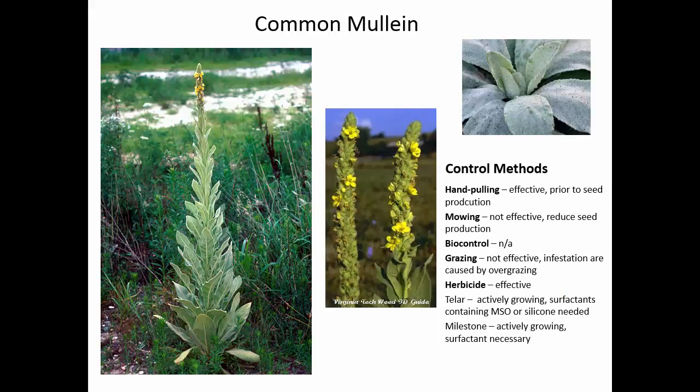Common mullein is not a noxious weed, though some people want it to be. Is this the one you were talking about? That one gets really tall. Its seeds are viable in the soil for 100 years. So you may have never seen a mullein in your lifetime on your property until you decided to build a shed and you moved some dirt, and then all of a sudden you've got mullein. Some people would consider this a native plant. It does really well in disturbed areas and will take over. Along the highways, you'll see it. It grows well on rocky hillsides, in poor soil conditions.